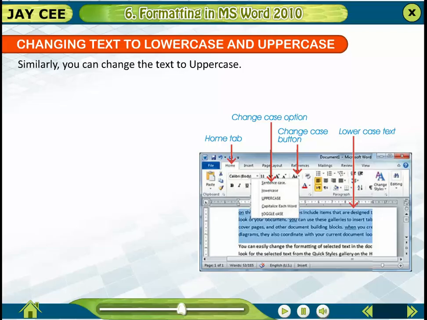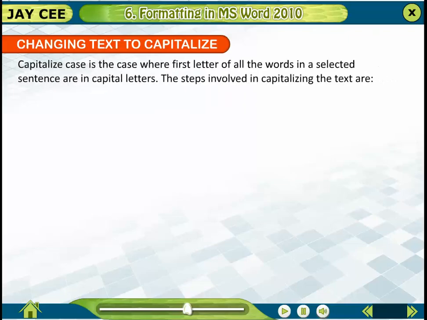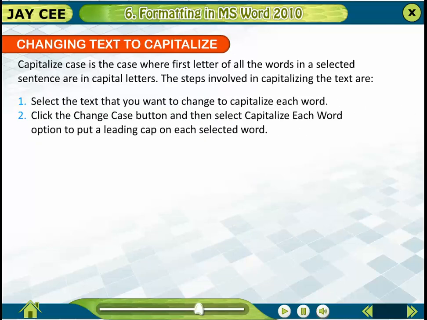Similarly, you can change the text to uppercase. Changing text to capitalize. Capitalize case is the case where the first letter of all the words in a selected sentence are in capital letters. The steps involved in capitalizing the text are: select the text that you want to change to capitalize each word. Click the Change Case button and then select Capitalize Each Word option to put a leading cap on each selected